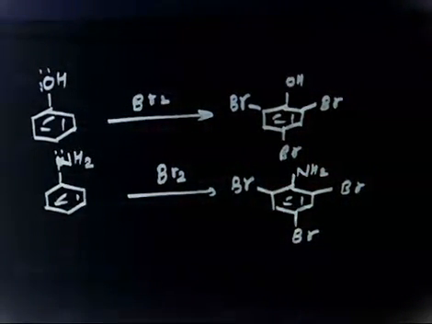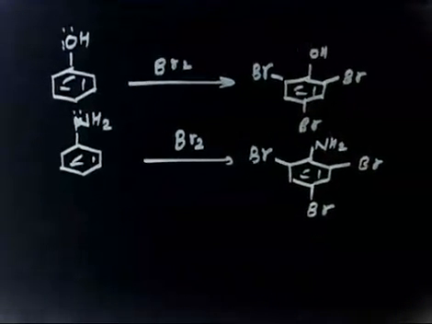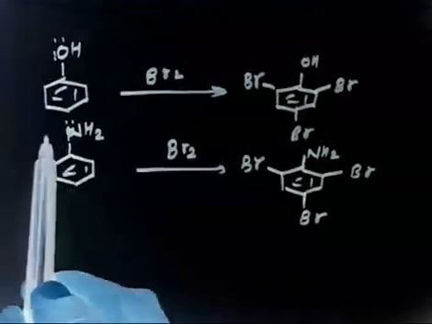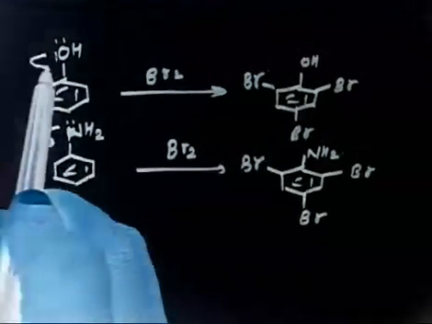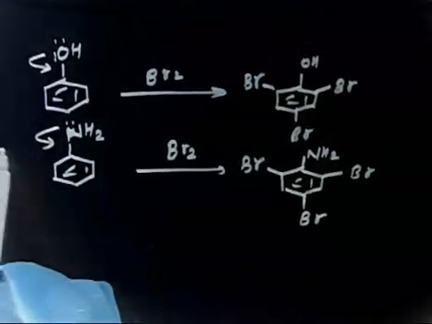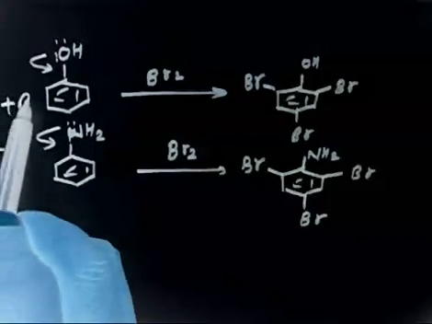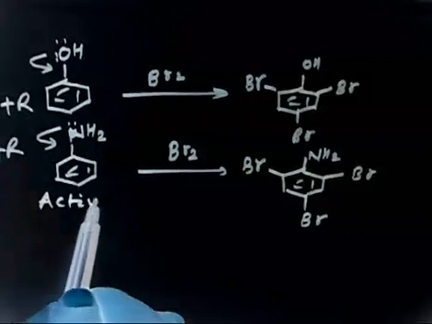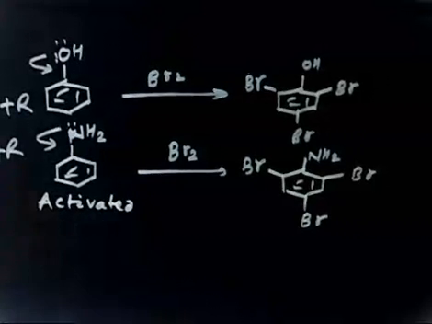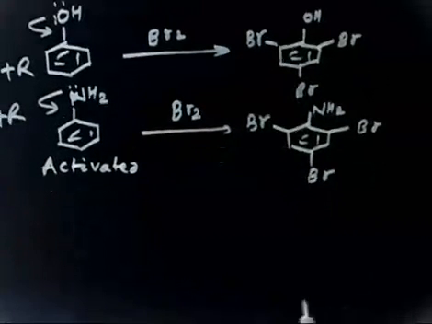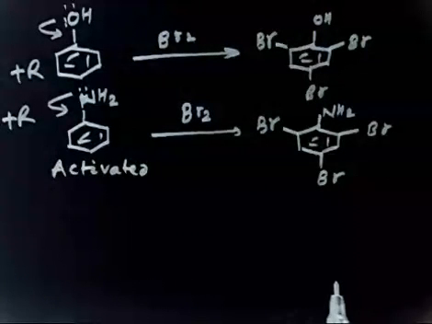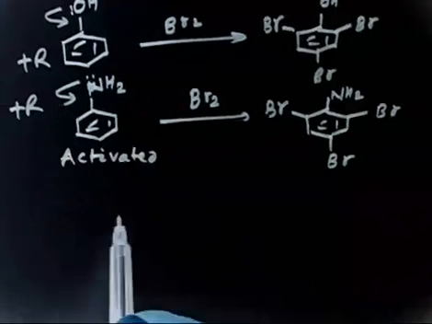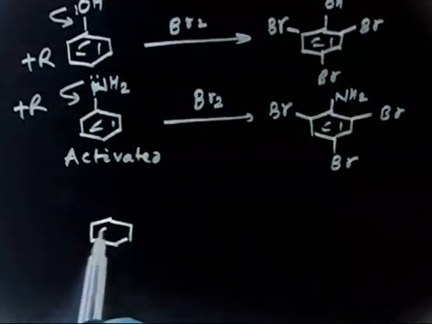Okay, so what we can do is decrease the reactivity of OH. OH and NH2 are giving electrons by plus R effect, and that's why electrons go into the ring, so the ring becomes very activated. So these are activated rings. We have to decrease the activity of phenol and aniline. Basically we use one kind of trick, and the trick is, if we have OH